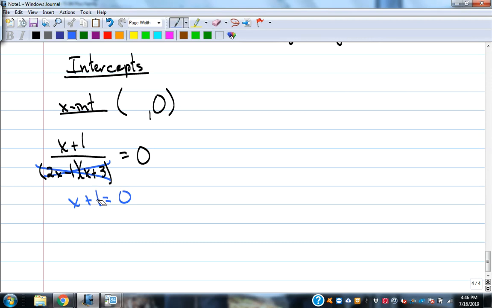So here we have x plus 1 is equal to 0. We're going to solve that by subtracting 1. x equals -1. So we have an intercept at -1, 0. When we graph this, we're going to see it crossing the x-axis at -1. Okay. To get the y-intercept,